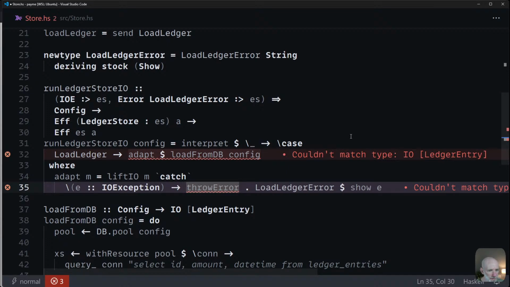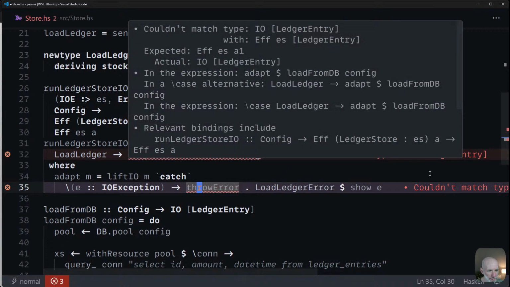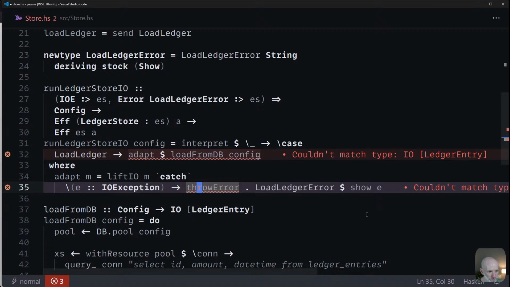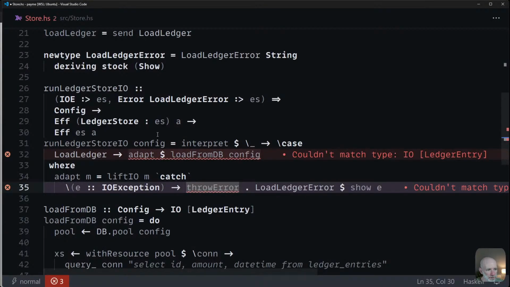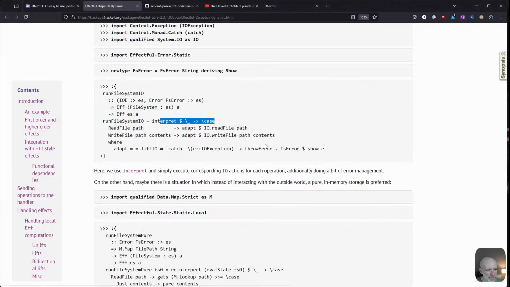And in this case, A happens to be a list of ledger entries. Okay, and then you've got this thing, I'm not totally sure what it does, but interpret, and then a lambda,